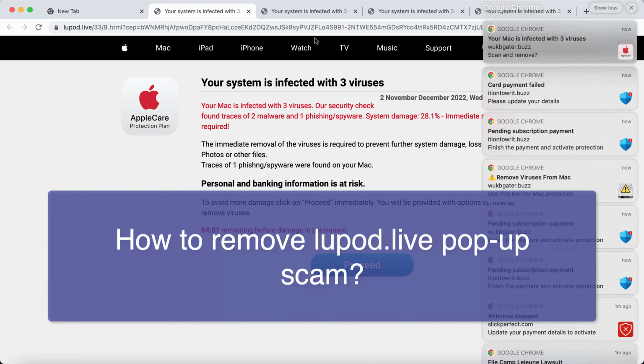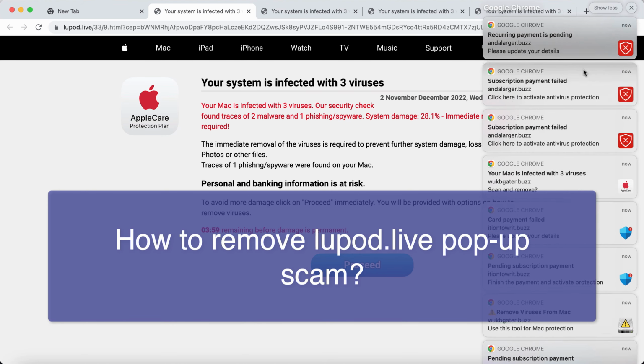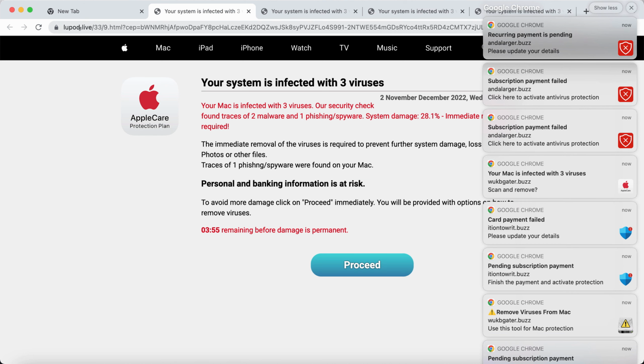My video guide will provide you with instructions that will help you to get rid of the scary alerts that come from the website Lupod.live. This Lupod.live is a malicious and truly deceptive site. It claims that your system is infected with 3 viruses, but the trouble is that all these pop-ups are absolutely